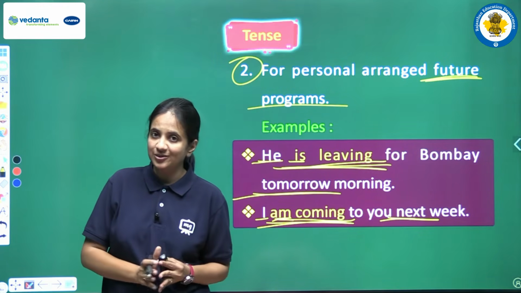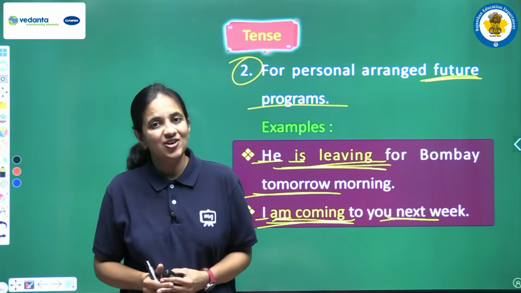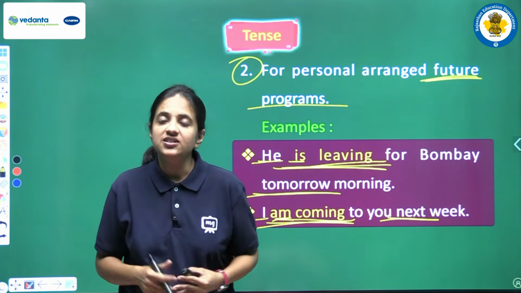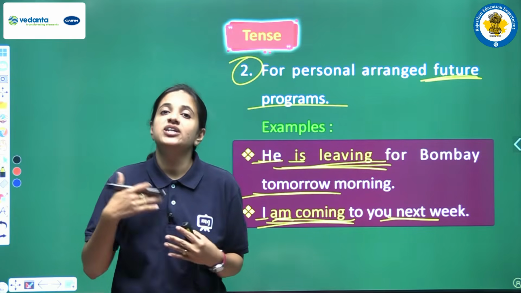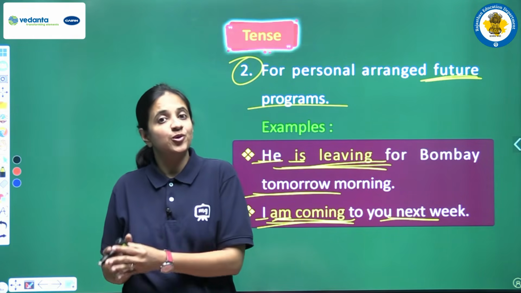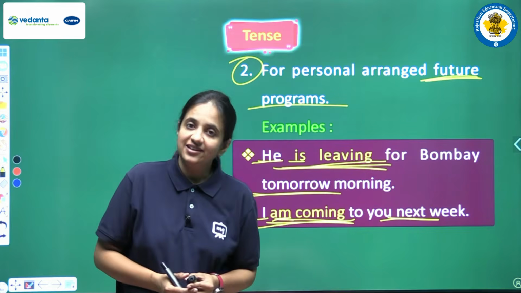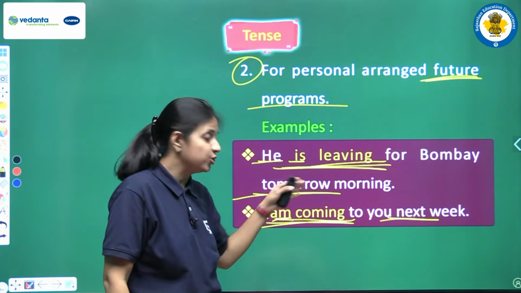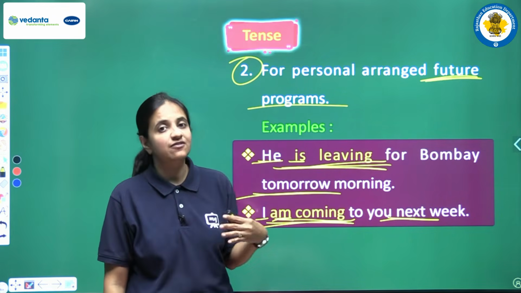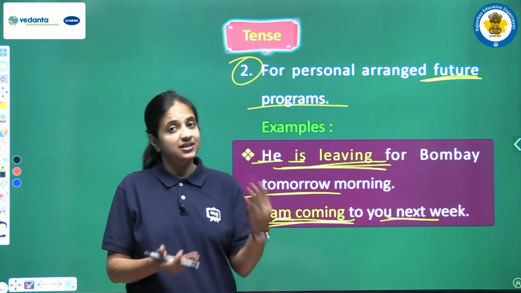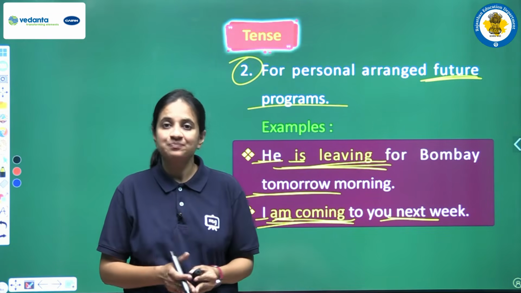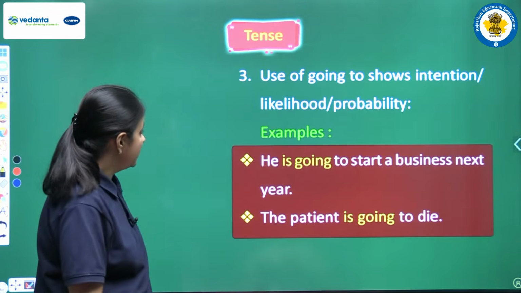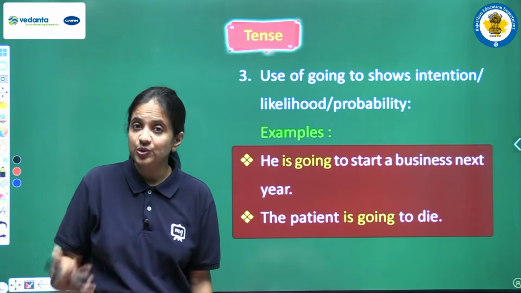So let's revise one more time. So this tense, present continuous tense, it can be used in some cases, it can be used sometimes to show future events, to show future programs. Okay, so yes, in the sentence we can have some words that show the future planning, future event, future program, but still we use present continuous tense in such sentences. Clear? Next, we are having the third use of this tense.